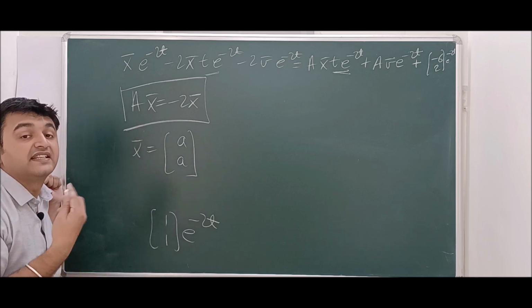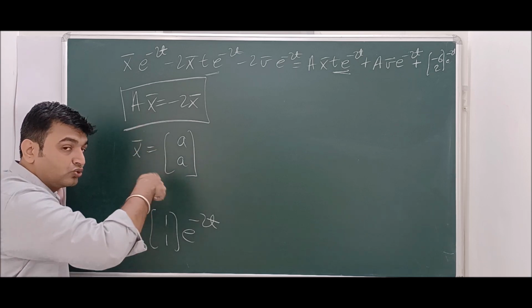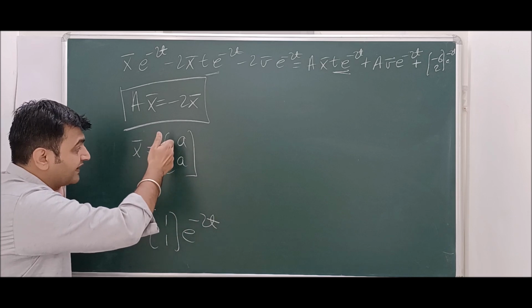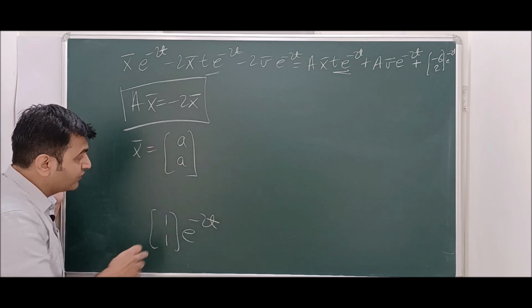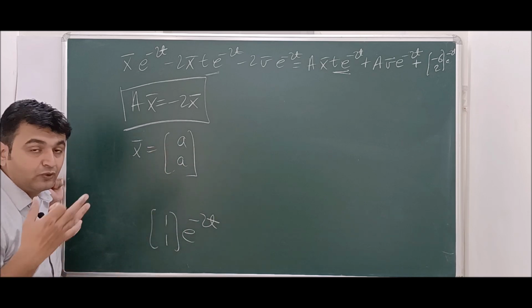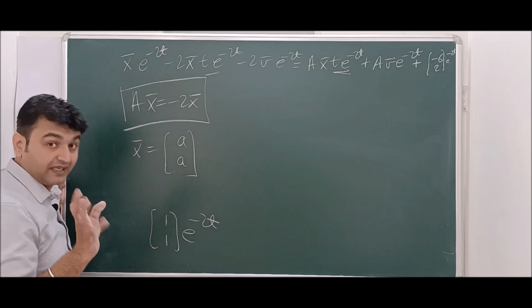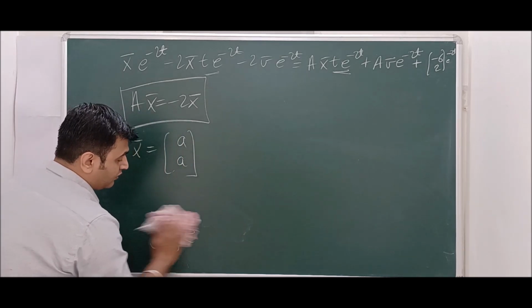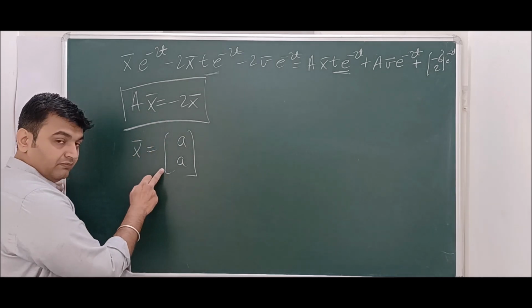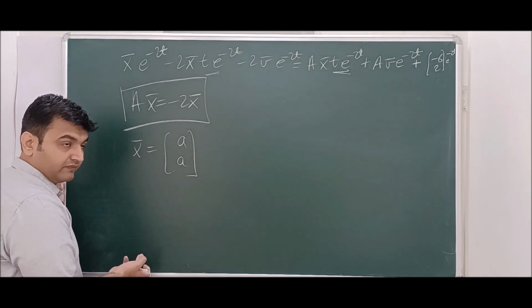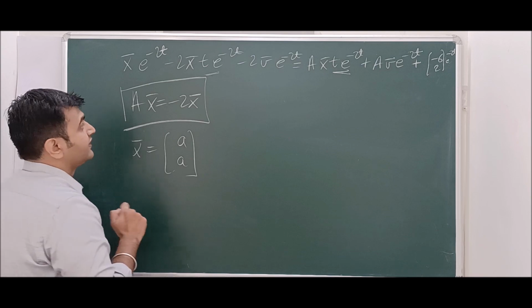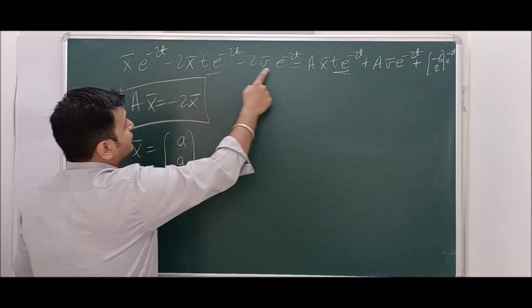So the question is, which is that eigenvector? Whether it is (1, 1), (2, 2), (3, 3), (-1, -1), (-pi, -pi). I know that both the components are the same. I need to find which one will fit for this yp, because yp has to be a solution, right? We will find the a, don't worry. Now let's compare for e raised to minus 2t.